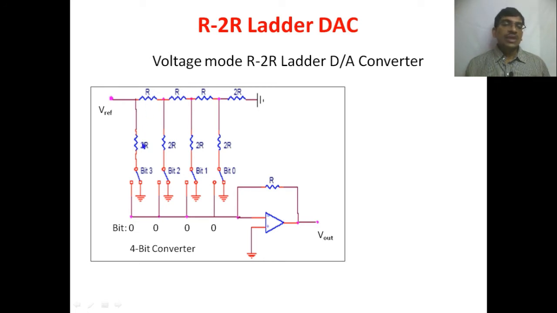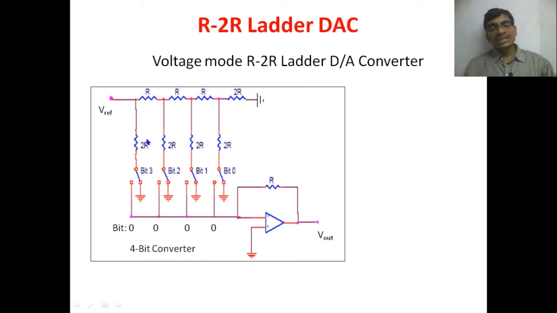With the R value and the 2R value, if you select the R value, then the 2R value is just a multiplication of the two, or else we can connect two R resistances in series. So the two values of resistance are enough to produce the analog output without going into a complex number of values. Here a reference voltage is applied, and here we have the ground terminal, and the resistance values R and 2R are formed in the form of a ladder network.